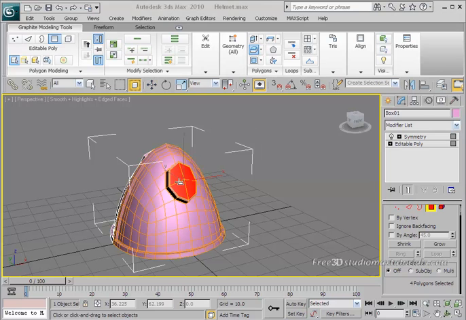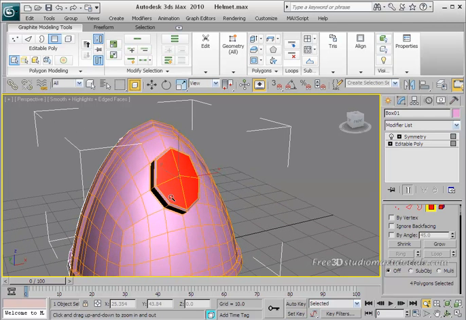Now drag the selected polygon slightly toward the inside of the helmet. Okay, just zoom in a little bit to see it clearly. Okay. With the bevel selected,